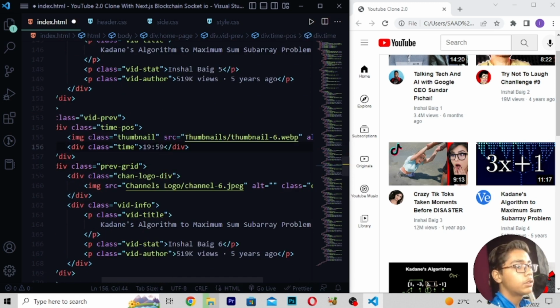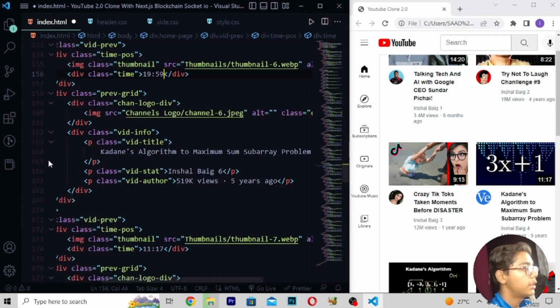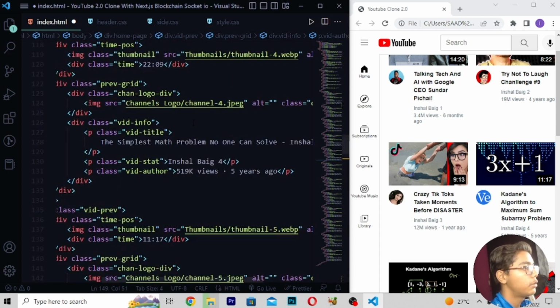Then in the 4th also we have to check the time. So for checking the time here, it is 22:09 if I show you. Yes, it is perfect, and it is 19. So here you have to change this thing, and then we have to change the views also in the 4th one. So here we have to just move to the top, then move on to the 4th one. Here it is. Then you have to just do one thing. Here I will be changing the views to 18.